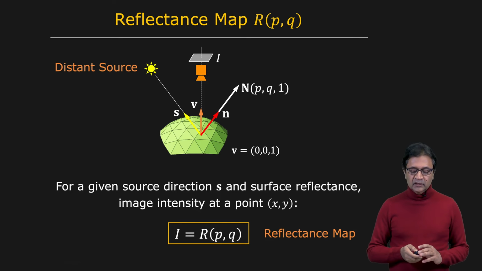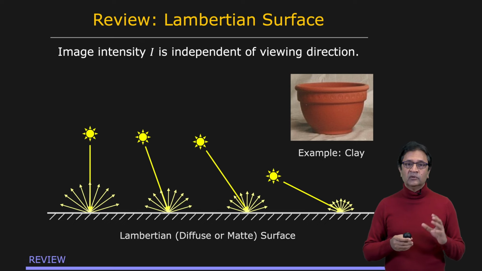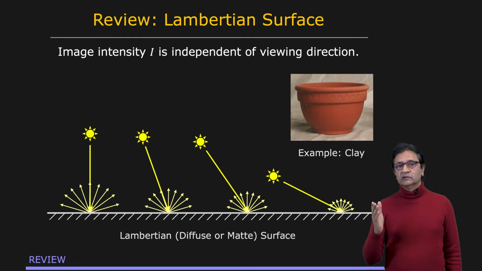So let's take the simple case of a Lambertian surface. We've seen the Lambertian surface before. We know that what's unique about the Lambertian surface, well, firstly, it's very commonly found in practice, but what's very special about it is that the radiance or the brightness of a Lambertian surface is independent of the direction from which you're viewing the surface. So it doesn't really matter. You illuminate a Lambertian surface, say from the top right here, you're going to get equal radiance in all directions, which is what you see here.